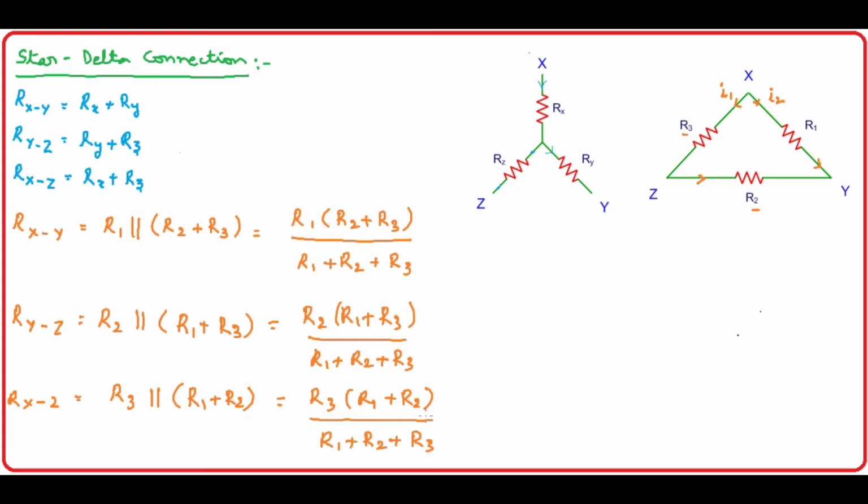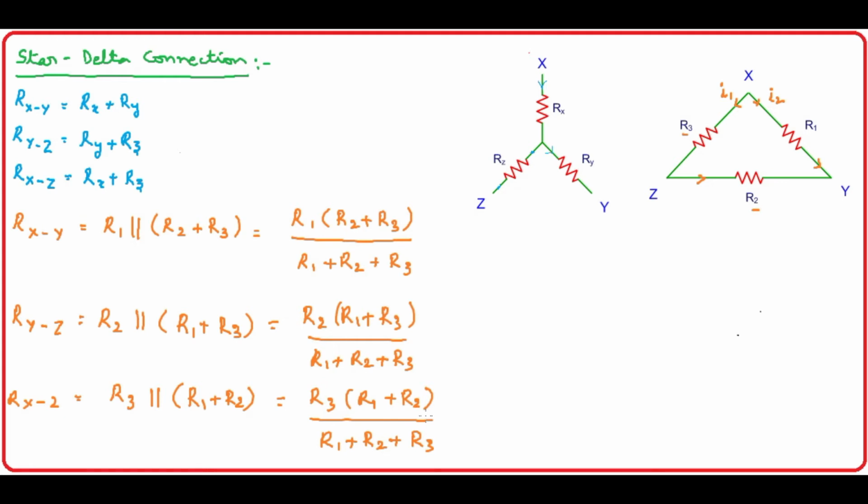That's all. So as we know, these two are the same. That means capital X, capital Y, capital Z, all the three terminals are the same in the first figure and the second figure also. So obviously the equivalent resistance between X and Y are the same, Y and Z are the same, and Z and X are the same in both the cases. That means in blue color, R of XY is equal to orange color R of XY.